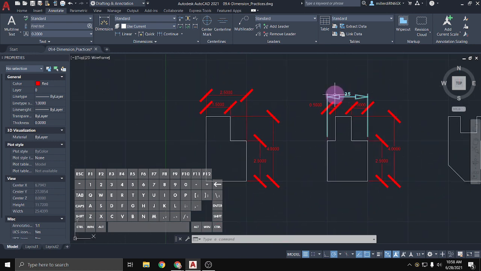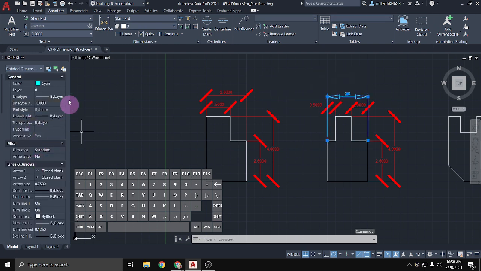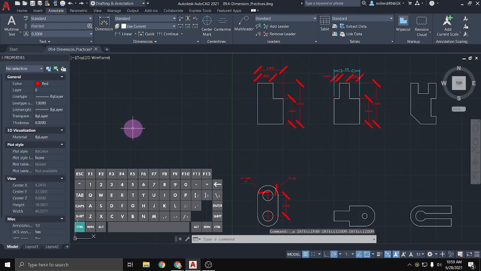The only one that didn't update was this one, and that's because with this one I had done an override in here with these properties. So because I had overridden several of these factors, it went by what I specified here instead of what the standard has. So if I ever wanted to just update all of them, DIMSTY or the dimension styles would be the way to go. I'm just going to Control Z to get back to what it looked like before because